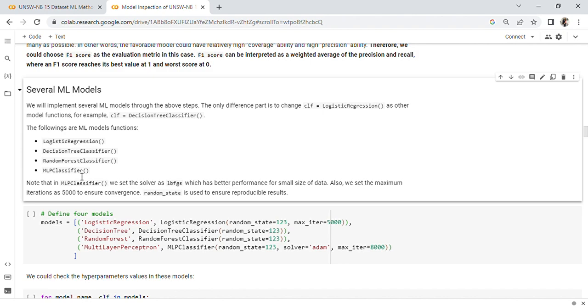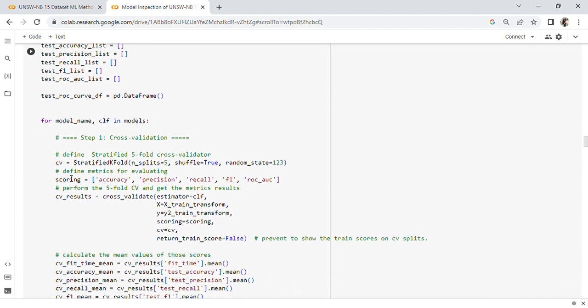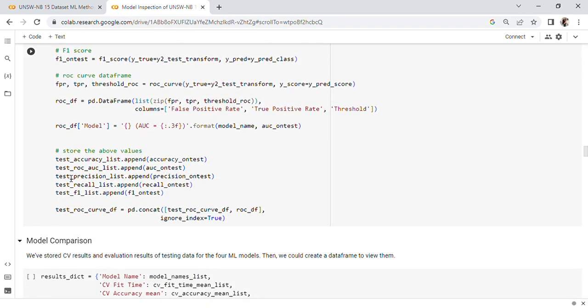And the last one is multi-layer perceptron. A multi-layer perceptron is a feed-forward artificial neural network that generates a set of outputs from a set of inputs, and MLP is characterized by several layers of input nodes connected as a directed graph between the input nodes and the output layers. So here is the first one for the random forest,